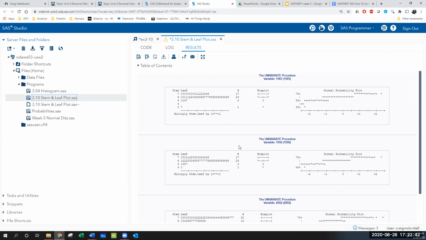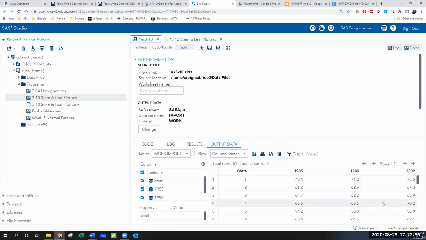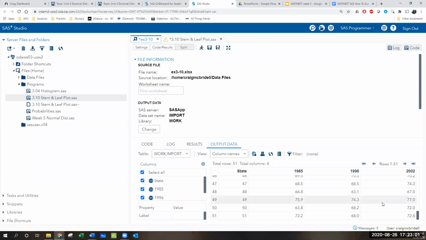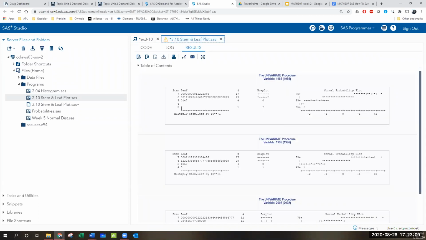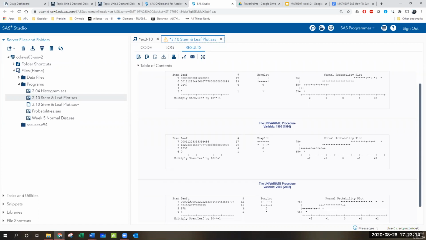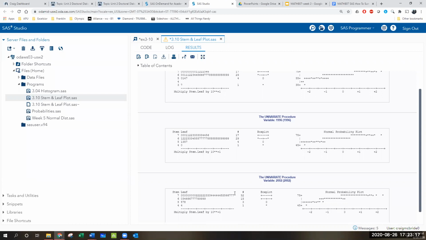Yeah, you know, some would argue that because the data is such a small range, right? If we look at our data, the range is pretty small. I mean, we could run summary stats on it and see the min and max. Well, we can see it from our results here, that it goes from 37 to 76. Here it goes from 40 to 76. And down here it goes from 44 to 77. So that's why in the original one,